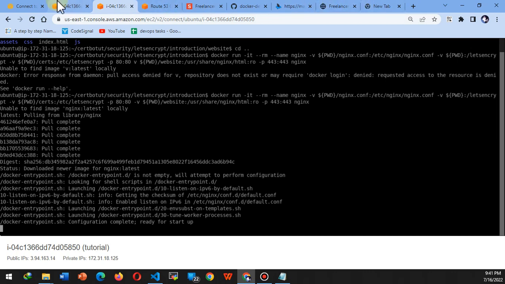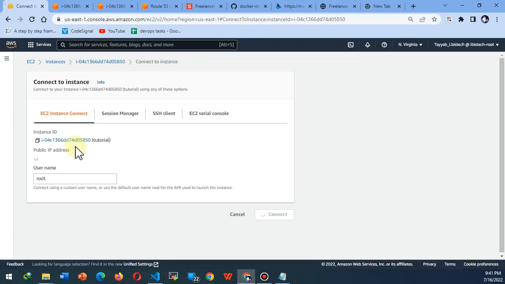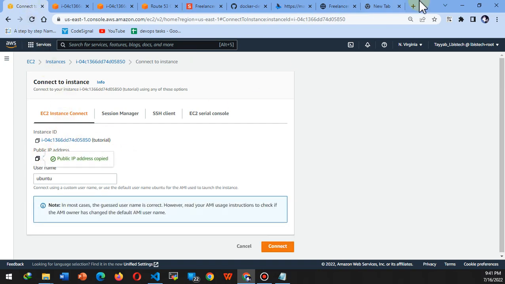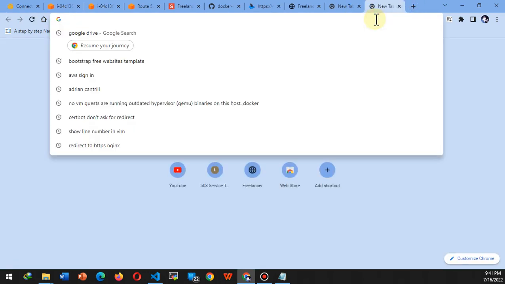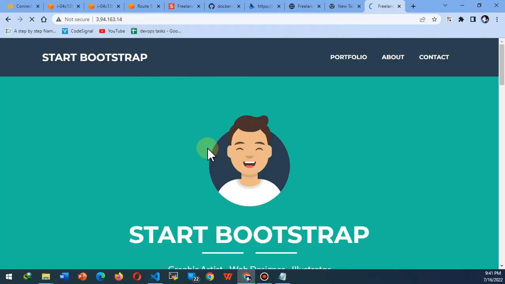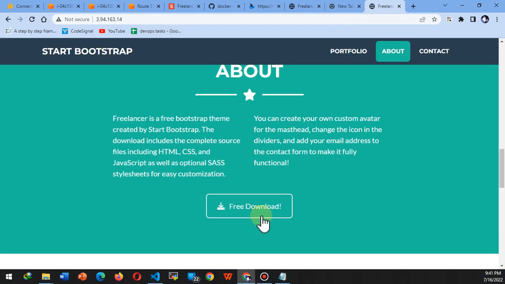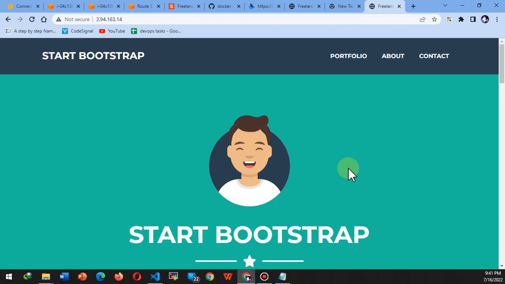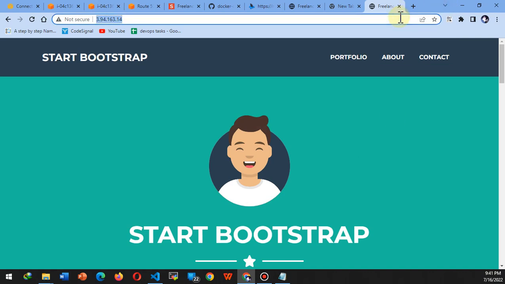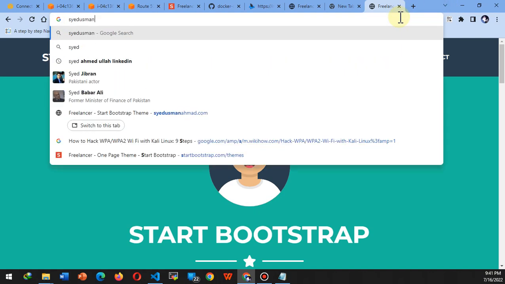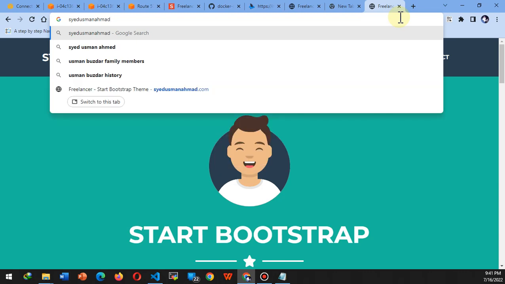So if I go to my public IP and check, I should have one website up and running, but there would be no SSL certificate on that IP. So this website is coming from our container, and if I simply go to sayyedusmanahmad.com,